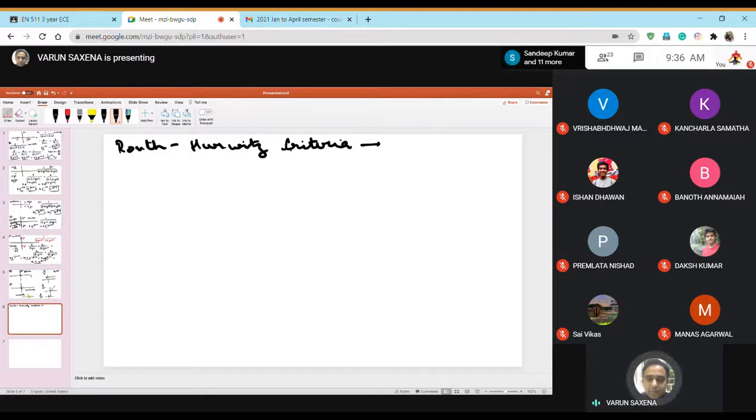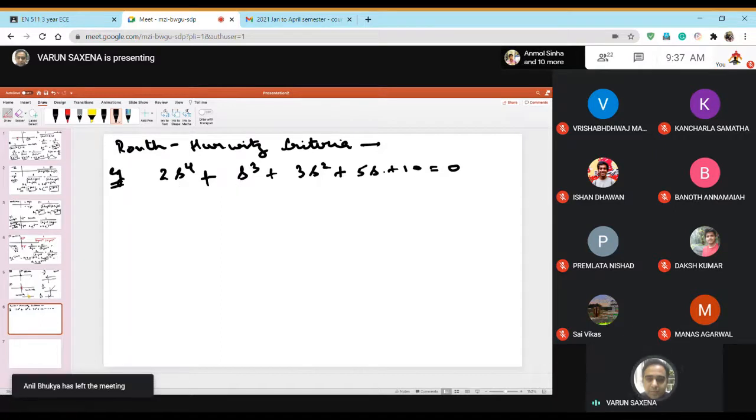So let's look at one of the examples of Routh-Hurwitz criteria based on the tabulation method that we had done. This is a problem from Kuo only. So this is a solved problem in Kuo, but it's a good problem to start with. So let's say that we have a characteristic equation which is given as follows. Okay. We see that all the coefficients are of same sign and no term is fundamentally missing. So that's okay. That necessary condition is satisfied. So now we go for the tabulation method.